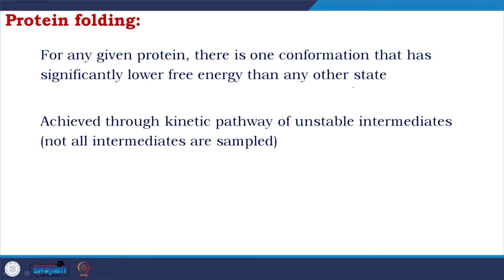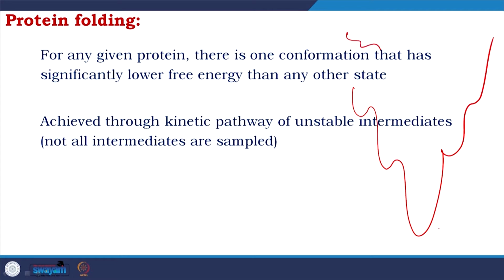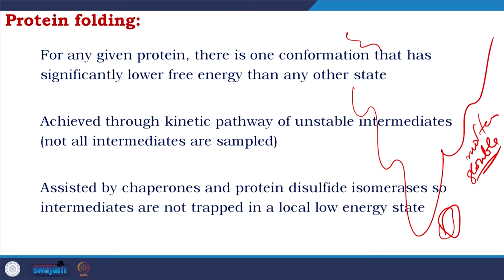So, you will see that the protein has a complex energy graph, and from unfolded protein it comes to folded, and in between there are other states. Molten globule is an established theory which is an intermediate. Assisted by chaperones and protein disulfide isomerases, which I was talking about, intermediates are not trapped in a local low energy